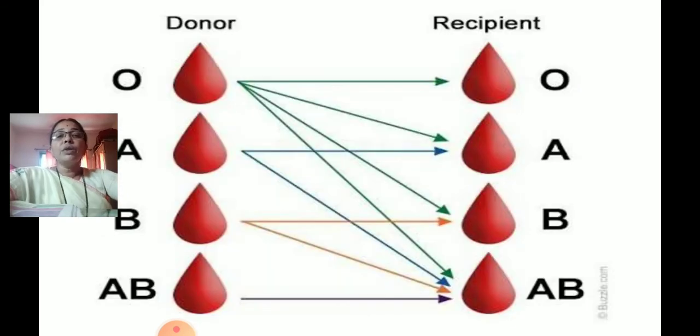One more thing, you are allowed to donate the blood when you are 18 years old. Lower than 18 years old, you are not allowed to donate the blood. Only a particular quantity of blood can be donated. We have 8 liters of blood in our body, and from that a small quantity can be donated. The blood can be stored for some days with the help of an anticoagulant. Blood can coagulate, it can become like curd.